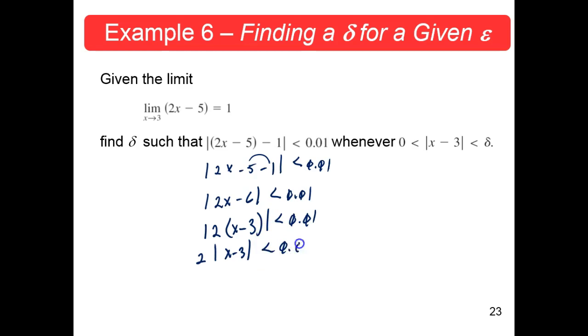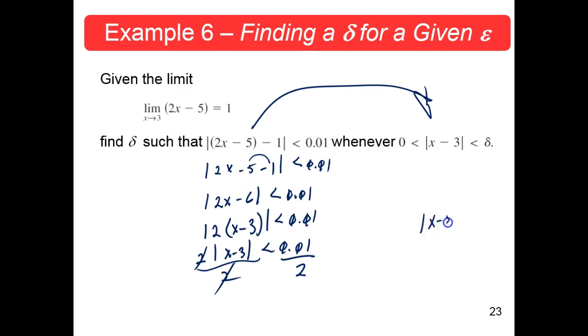Less than 0.01. Remember what we're trying to get? We can divide both sides by 2. Those go away, and now we have the absolute value of x minus 3 is less than